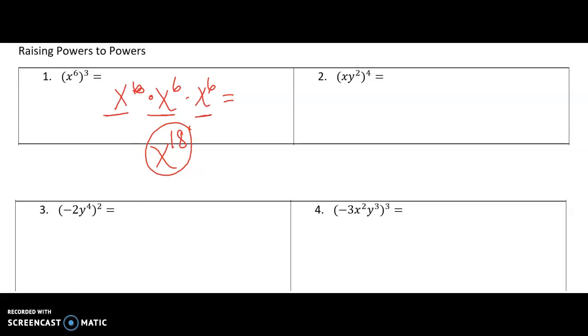All right. Some people like to say that when you have a power to a power, multiply exponents. But sometimes I don't like that because that just doesn't really tell us why we're multiplying it. Here we have 6 3 times, therefore we get 18. But some people just teach it where they say x,